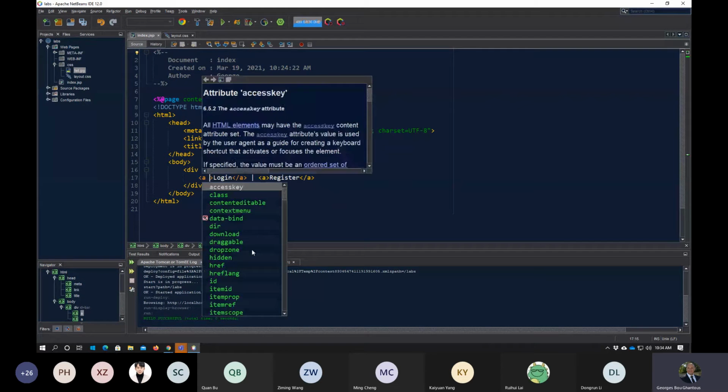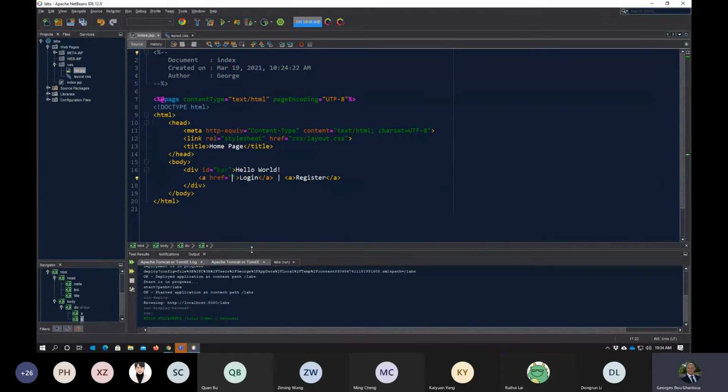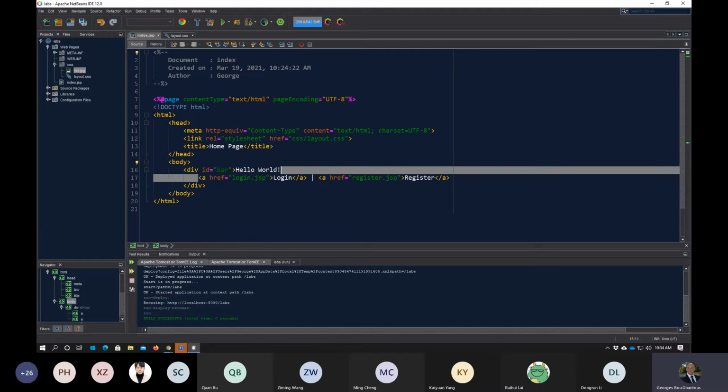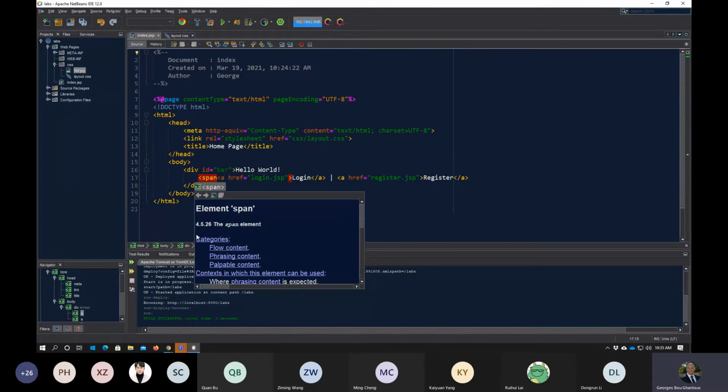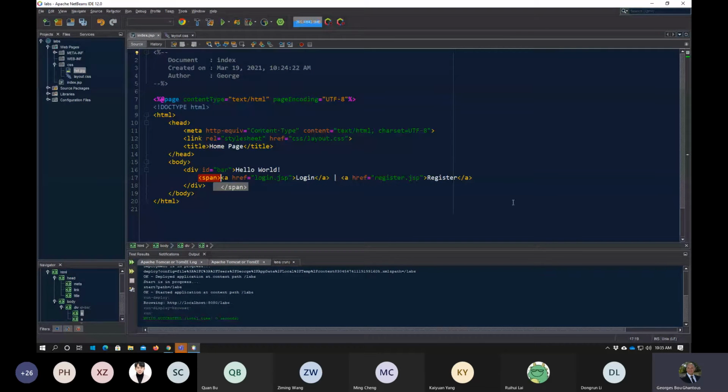The login will take us to the link login.jsp, and the register will take us to the register.jsp. Now, if you want to add items within a div, it is better to group them together using a span. So add a span and close it and surround the